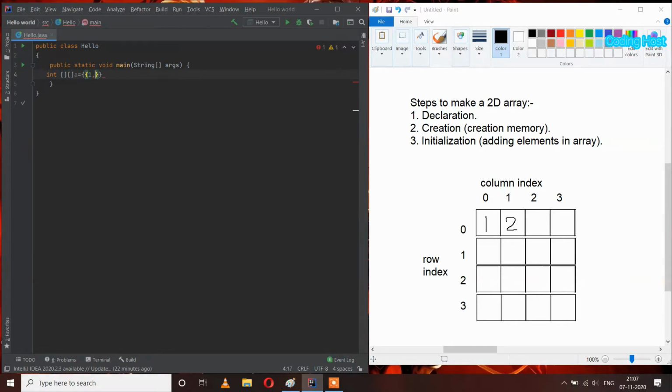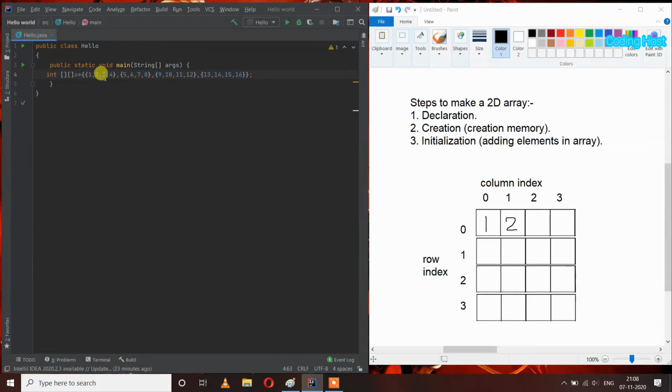So 1 2 3 and 4, and then a comma, and then the next braces. In this I will write 5 6 7 8, and then a comma and another braces. In this I will write 9 10 11 and 12, and then a comma, and then again braces, and then 13 14 15 and 16, and here a semicolon.